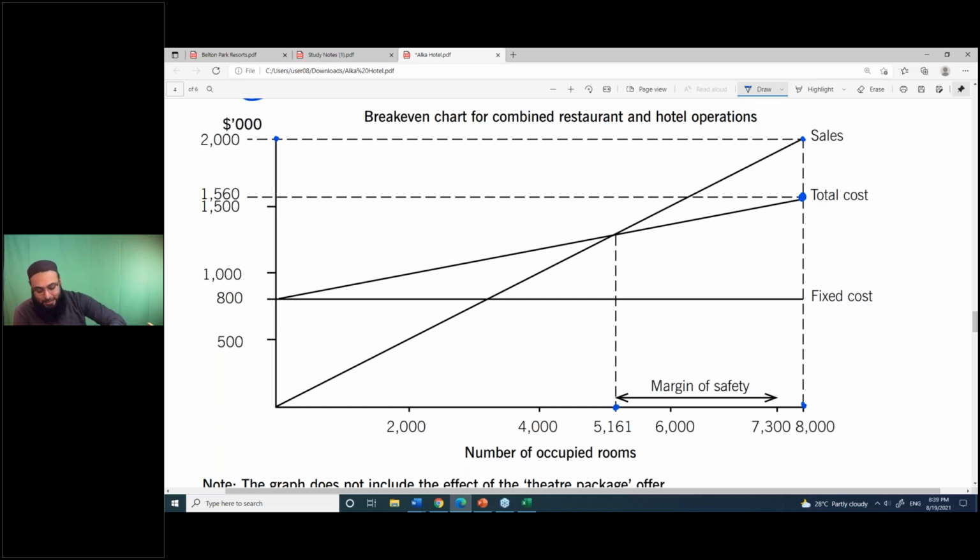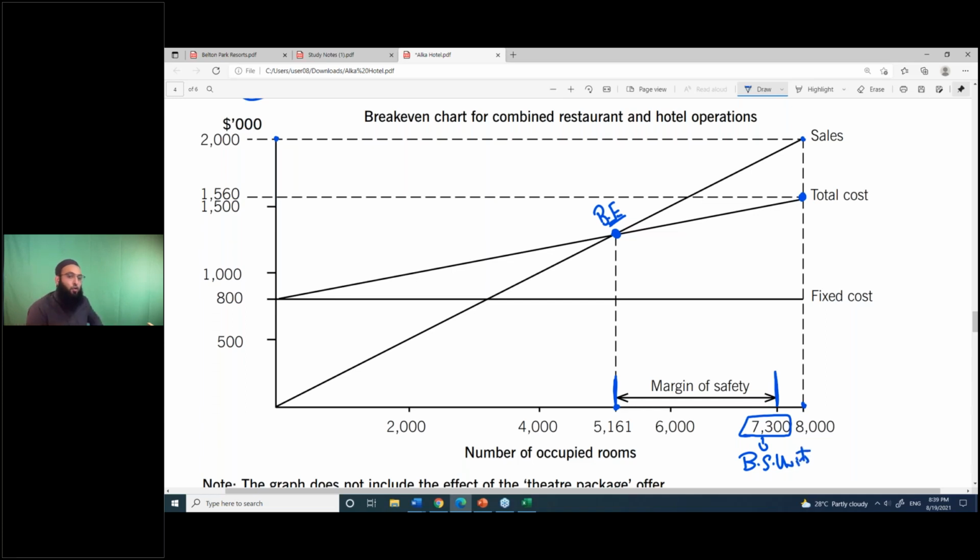What is this? This is the point of no profit, no loss, known as break even, of 5161. And this is your margin of safety, which means your budgeted sales units are